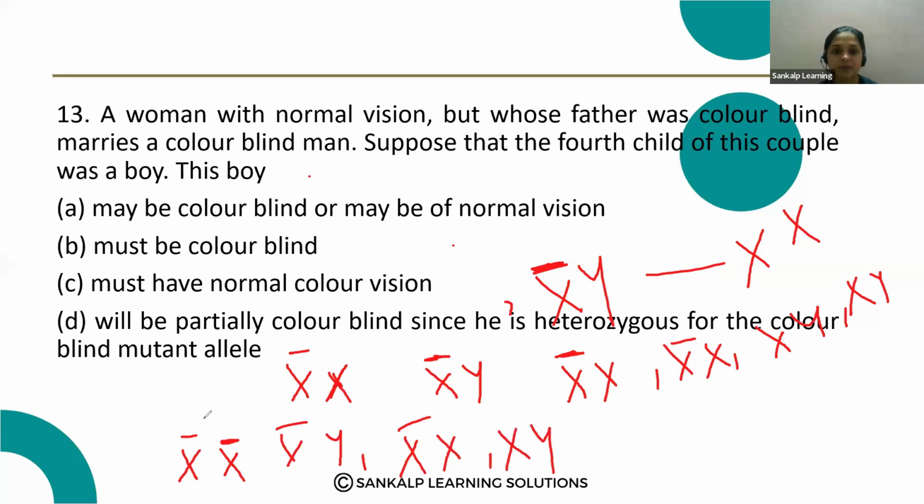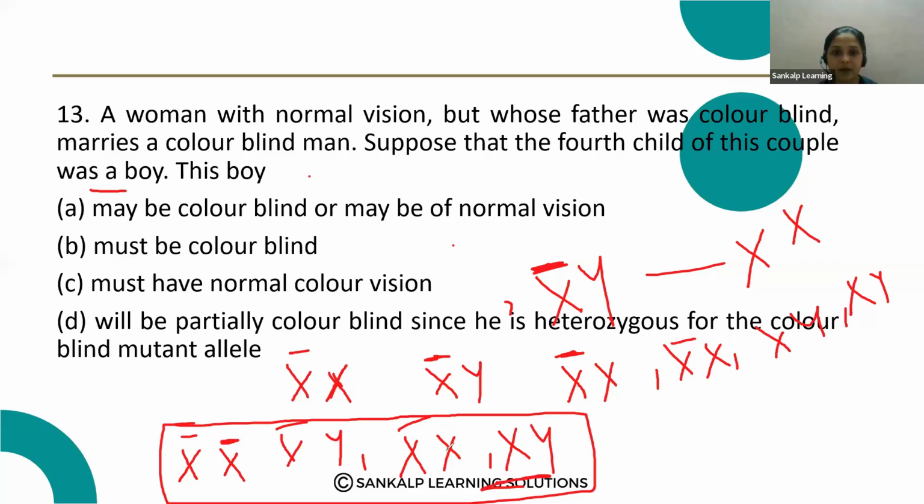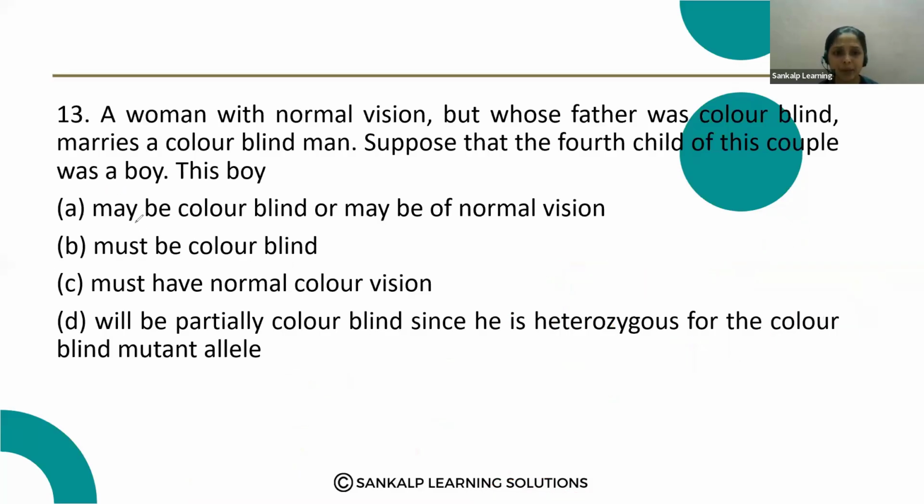So this is the condition we see in this couple. But suppose that the fourth child of this couple was a boy. Then what may be his condition? If he is the first boy or second boy, he may be colorblind or